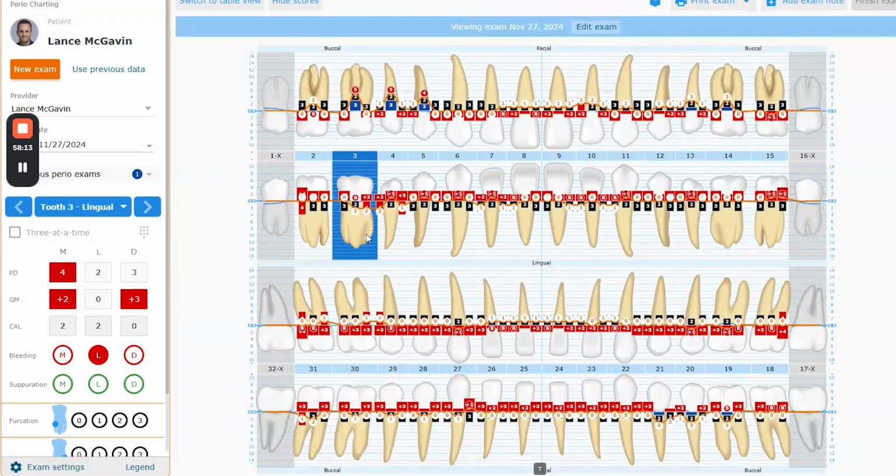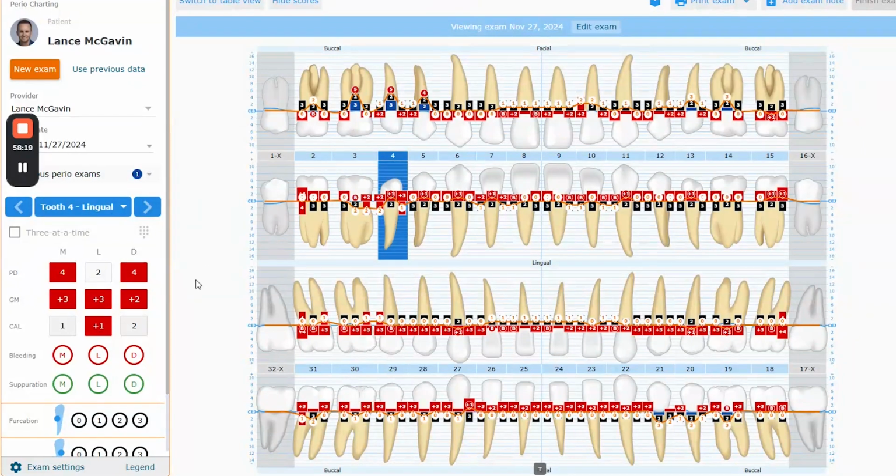Now on the lingual here, it looks like we've got a 4 probing depth on 4 distal, but we've only got a +2 of gingival margin. So my clinical attachment level is 2. So you could say that maybe if my attachment level started at 1, I've actually lost a millimeter of attachment there. Okay, which is not a big